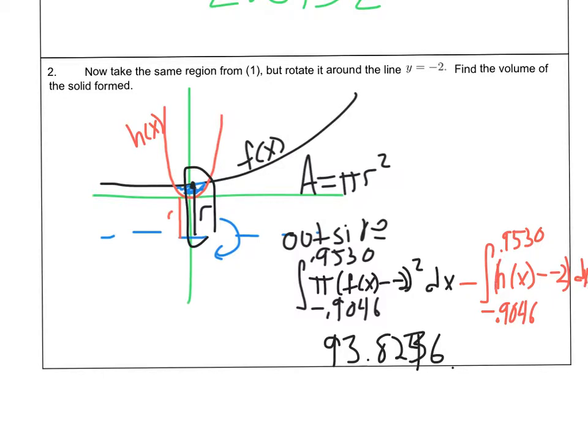And again, I'm just going to go back to my calculator. I've already got the integral set up, so I'm going to use that same thing, but instead I'm going to use the other equation, which in my calculator is y2. So I'm going to end up typing that in here. We're going to do function under y vars, y2 minus negative 2 squared dx. And when I do that, I've got